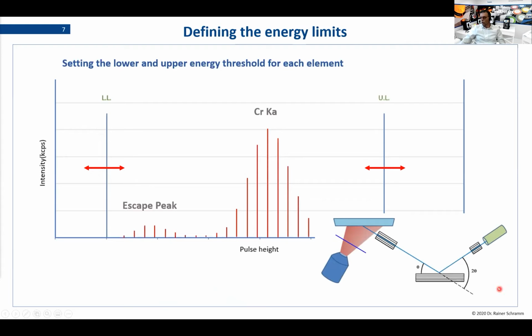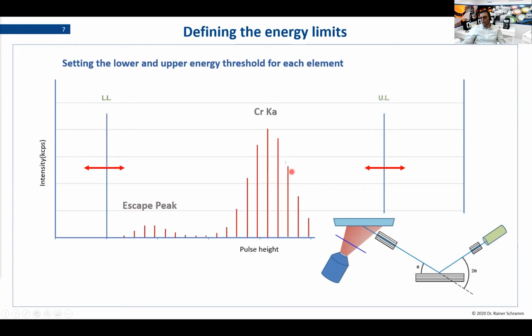sketch of our spectrometer. So the detector is watching over the crystal our sample. And in this case, chromium K alpha line is reflected by the crystal into the detector. And in the end, it's a monochromatic line, so it's one wavelength only. But the detection process has an error, which makes the line broad. So this means the theoretical measurement would be only one line, but because the detector changes this result, we get